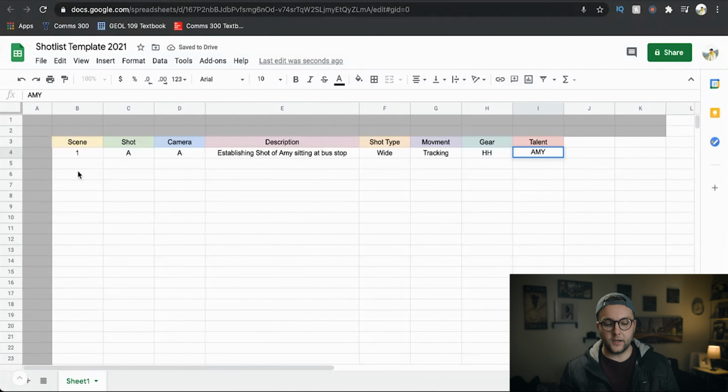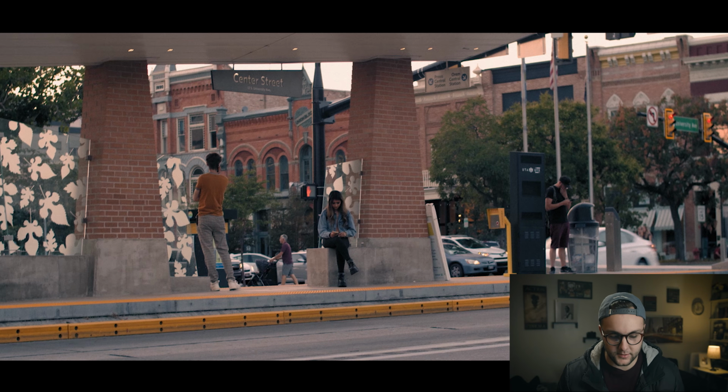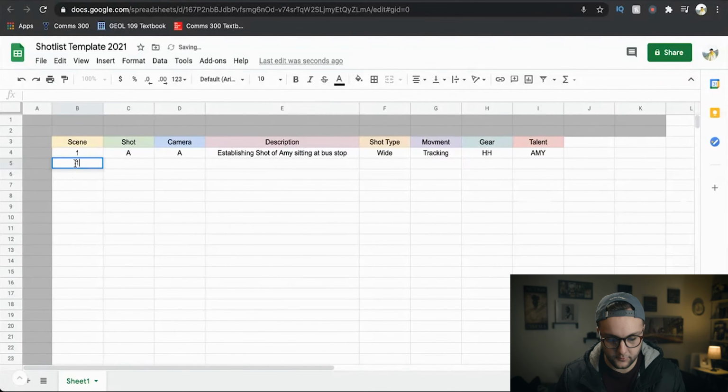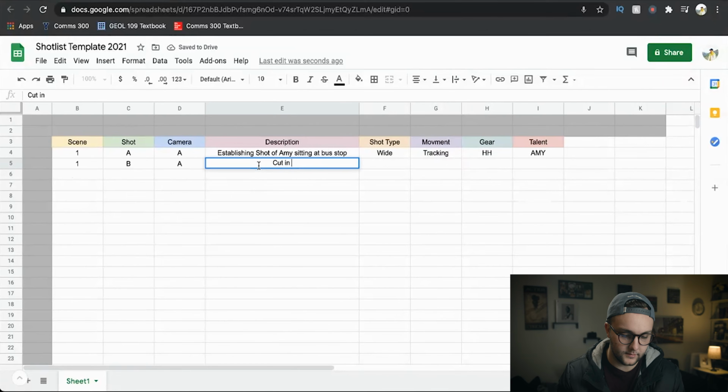Okay, cool, so we already have our first shot done, so let's go back and see what our second shot is. Then we moved into a close-up cut-in on her face. It's kind of the same shot, we're just cutting into a close-up on her face. So we're gonna go scene 1, it's the same scene, and we're gonna go B, camera A, and then we're gonna go cut in close-up